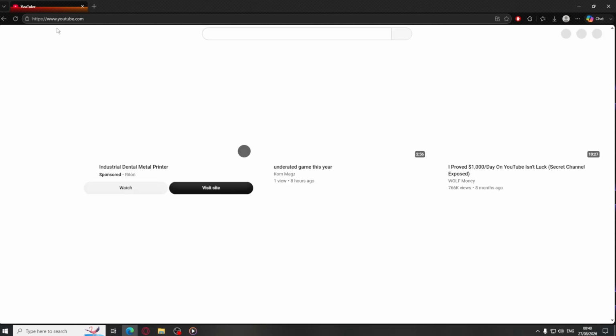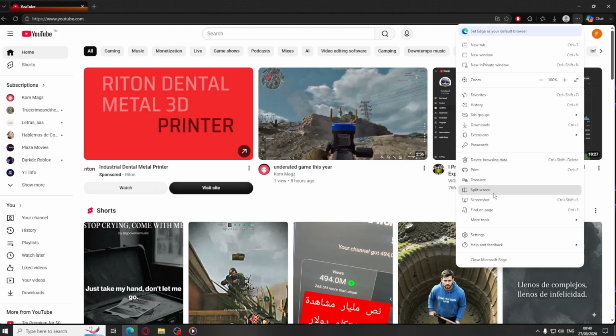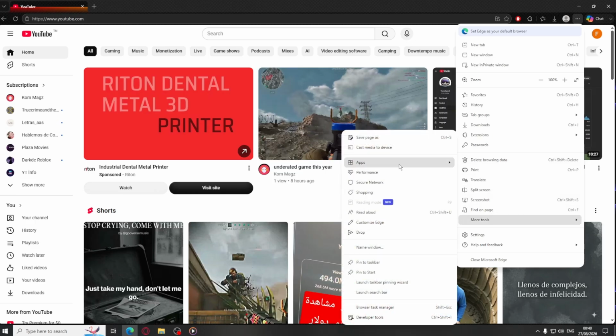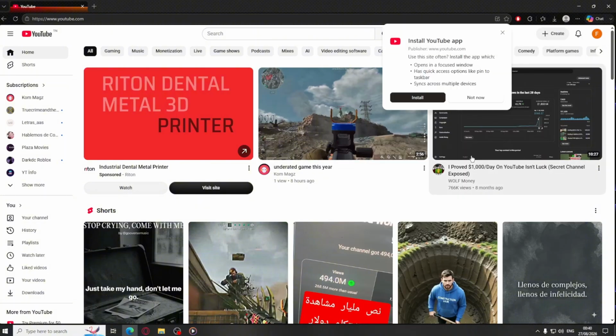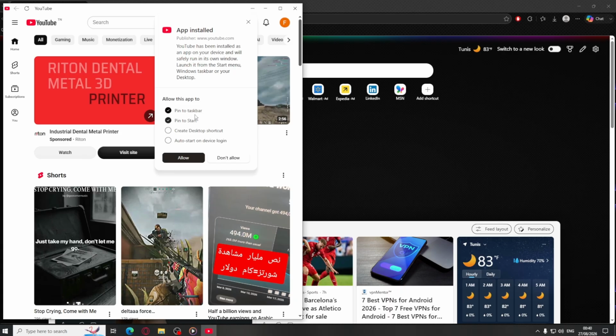Once on YouTube, click the three dots in the top right corner of Chrome. Select Install YouTube from the menu. It will appear directly in a list. Click Install and confirm. YouTube will open in its own app window separate from your browser with its own taskbar